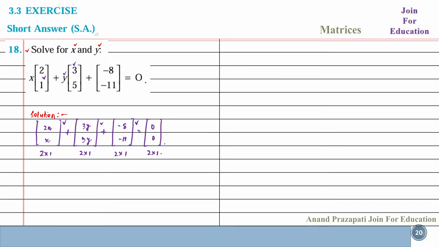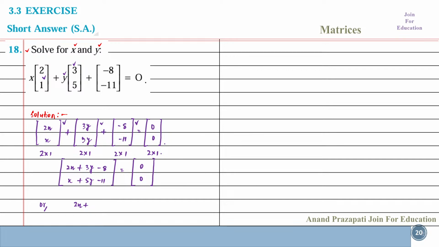So we write down here 2x plus 3y minus 8 and x plus 5y minus 11 equal to 0 matrix, 0 0. Now equating each element both sides, then we get here